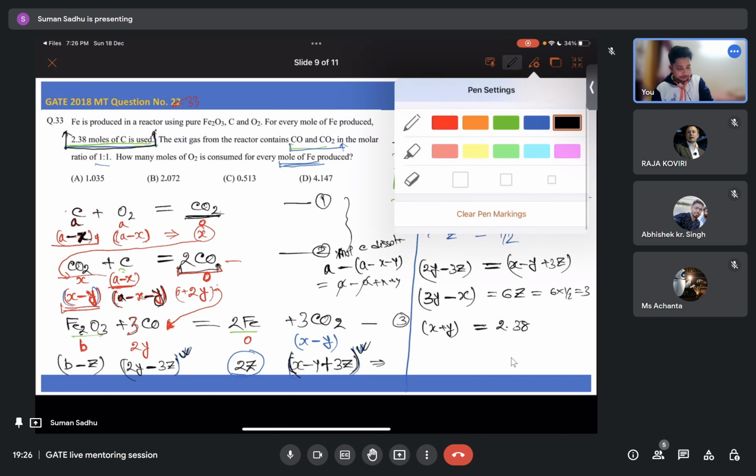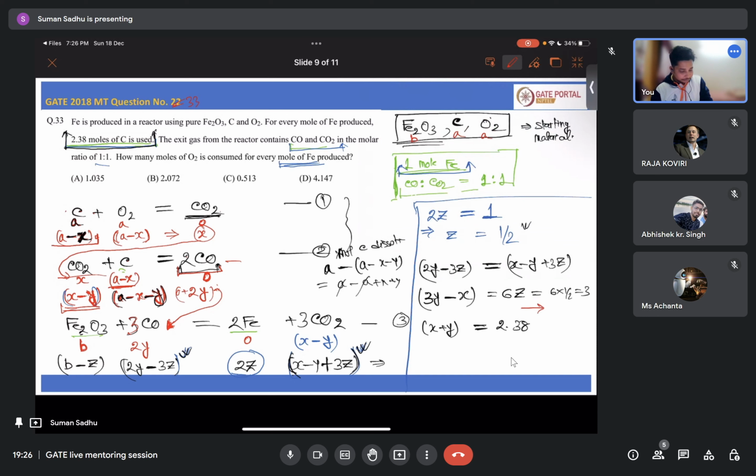This is 1 and this is 2. Sorry, 3y minus x is equal to 3 and x plus y is equal to 2. Now if you add these two equations, 1 plus 2, it will be 4y is equal to